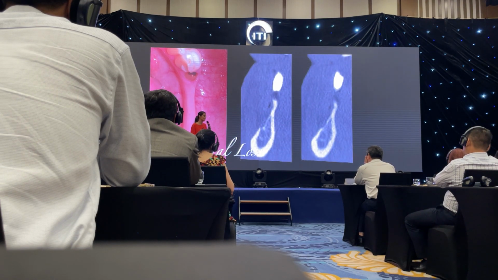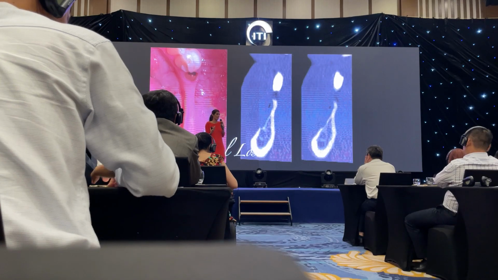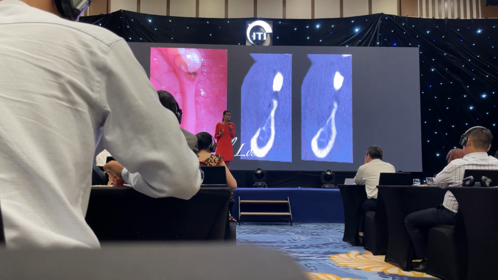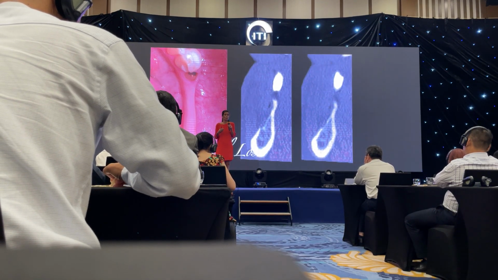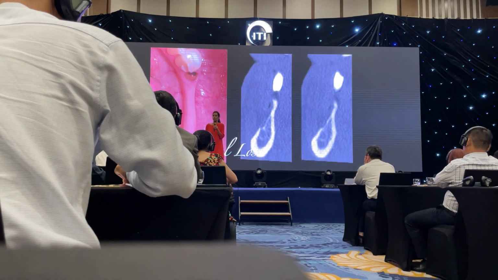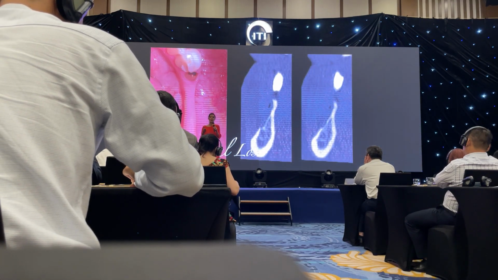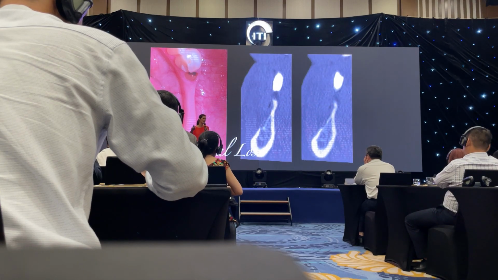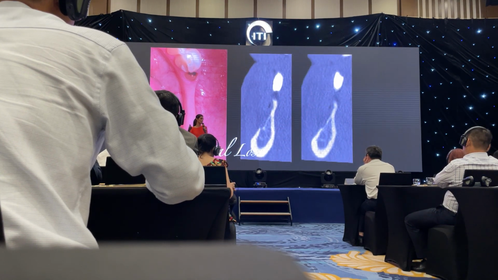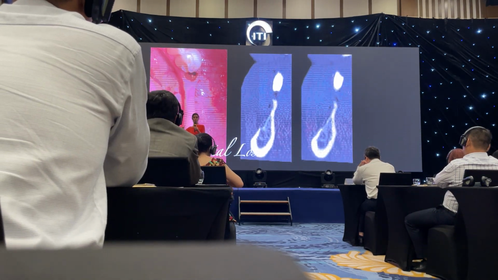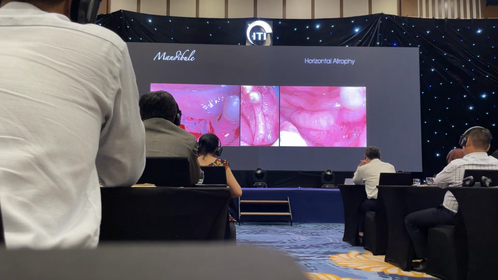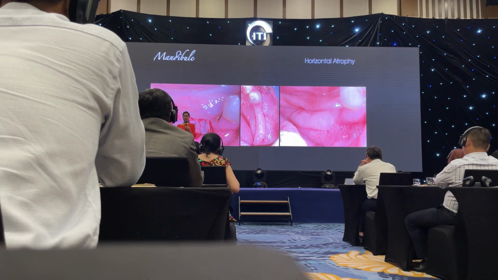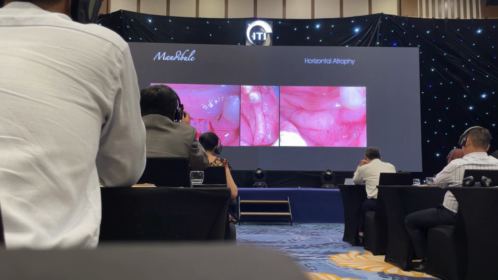So in these cases, if we have a limited amount of keratinized tissue, I always do my soft tissue augmentation prior to the implant, but also prior to the bone augmentation, because here there is no way to place the implant and regenerate at the same time. We have to first do a bone regeneration. This is a pretty extreme case, but see, I do here again an epithelial connective tissue graft in the posterior